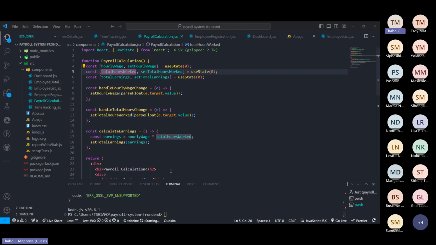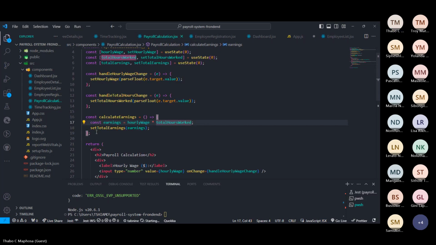Then we also had the total earnings. The calculation for total earnings is the hourly rate times the total number of hours worked, and that gives you the result. That is our JavaScript.